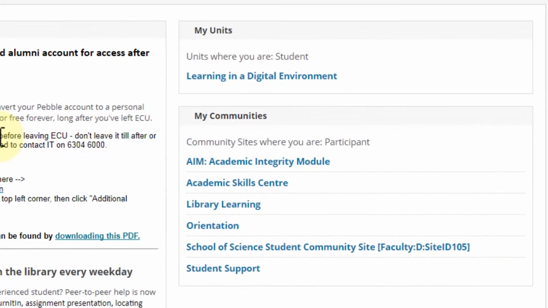Finally, on the right, we've got your actual enrolled units. Before we go into one, notice that this right column is divided into two sections. Academic units are up top, with My Communities below. This My Communities section is definitely worth exploring, as you'll find Blackboard sites relating to your overall school and course, in addition to other things such as academic skills resources.